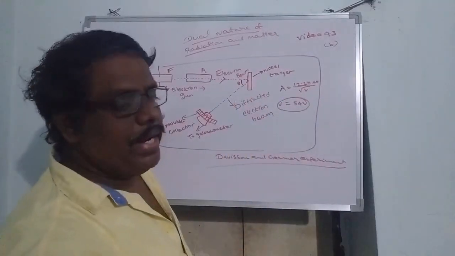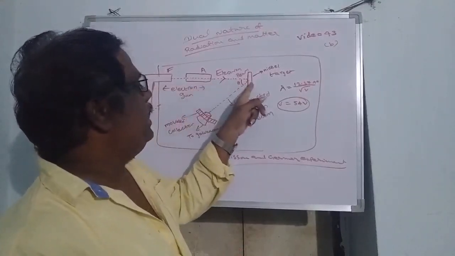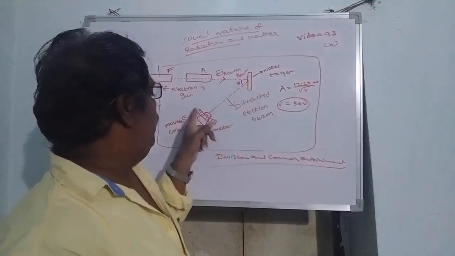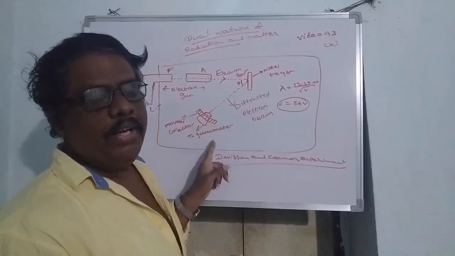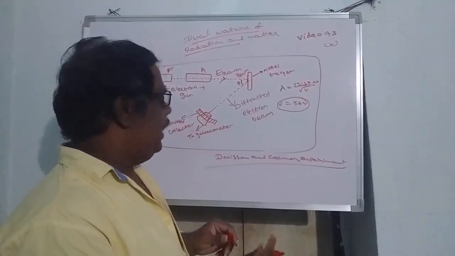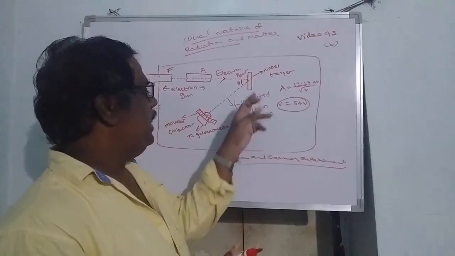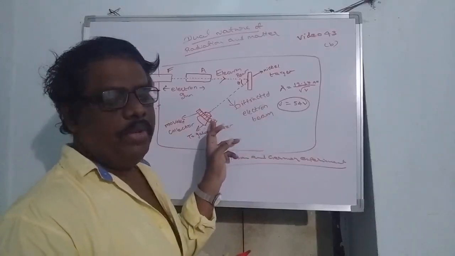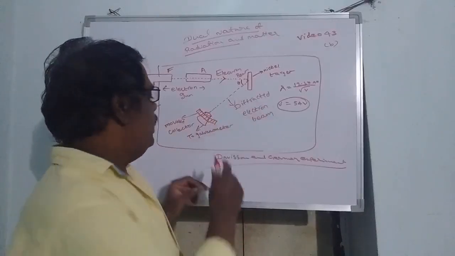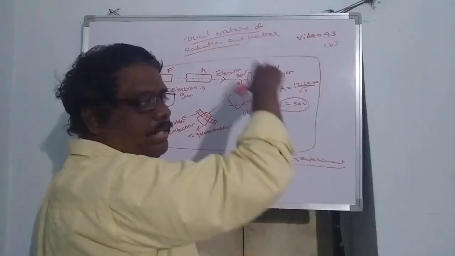This is an electron gun with a filament. So this is a cylinder. This is a nickel crystal. This is a movable detector consisting of a galvanometer and a collector to collect the electrons. So electrons come out from this nickel crystal, or scattered out from the nickel crystal in different directions. This movable detector we can move on a circular scale.